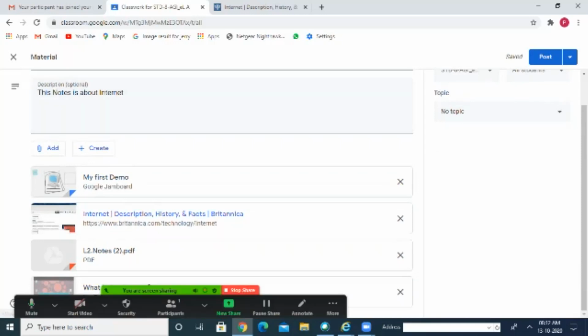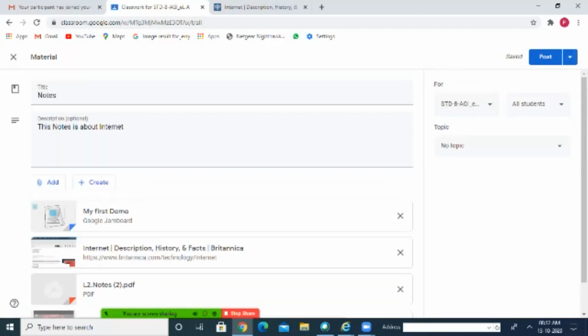But now it is saved as a draft. It has not been posted because I have not clicked on the post option. So when I click on the post option, there are four things available here. Whether I want to post it now or schedule it for the future. Suppose tomorrow or day after tomorrow, till now I have not finished my lesson. So I made it ready and I want to post it tomorrow. So we can schedule it by giving tomorrow's date. Save draft means neither will it be posted nor scheduled. It will be saved as a draft only. Discard draft means nothing will happen.